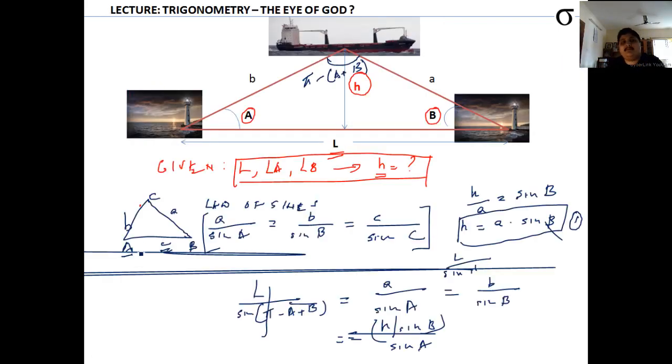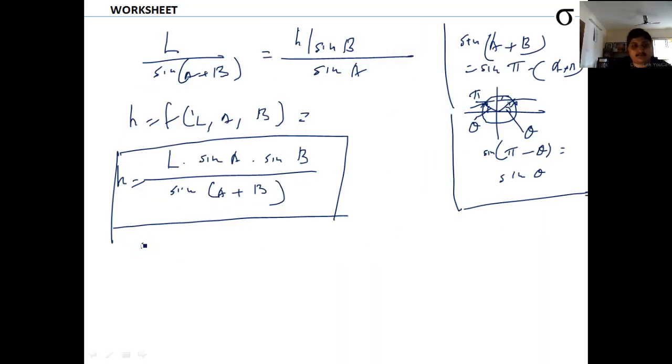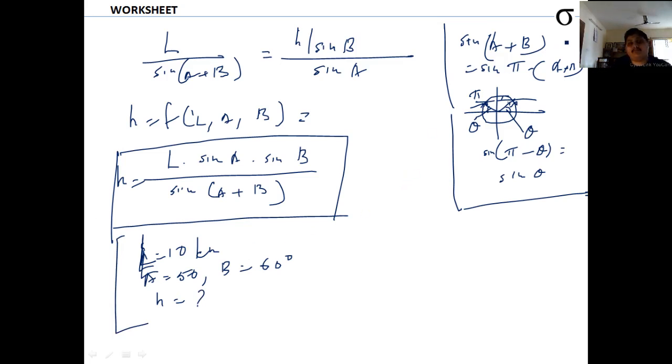So assume that if you're going to take real numbers, in this case, say something like 10 kilometers for h, and then typical values will be A would be say 50 degrees, B would be 60 degrees, and L is 2 kilometers. So these would be typical numbers that you would get. So as you can see, it's very easy to figure out once you